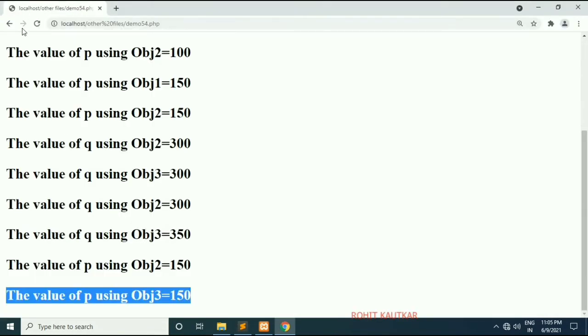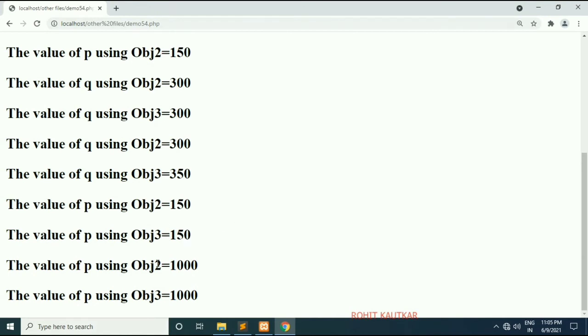If we go and refresh, we will get the same value. You can see here object 2 also has 1000, and object 3 also has 1000.